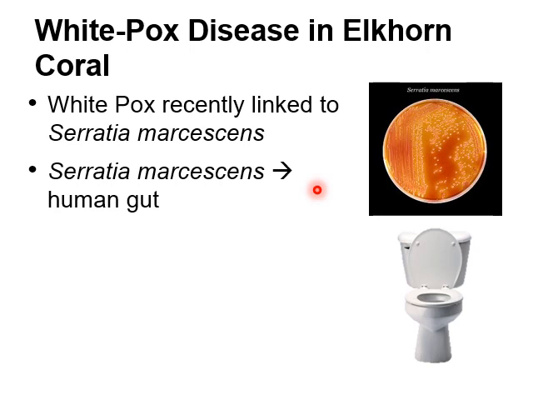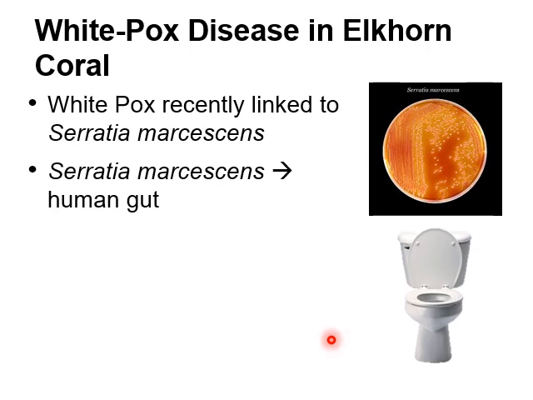So it seems like what is going on here is that when you have sewage systems that are not 100% effective at preventing wastewater from getting into the ocean, this bacteria goes into the sewage, and that bacteria is getting out onto reefs, where it then infects Elkhorn coral